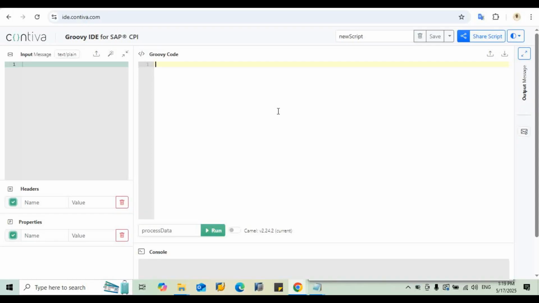Okay, now I am inside the online Groovy editor. First we will test the Groovy script here in the online Groovy editor, and then we will move it to the iFlow and implement the same script. The online Groovy editor, we already explained in one of my previous videos, which is called